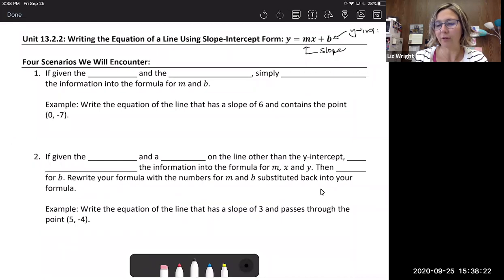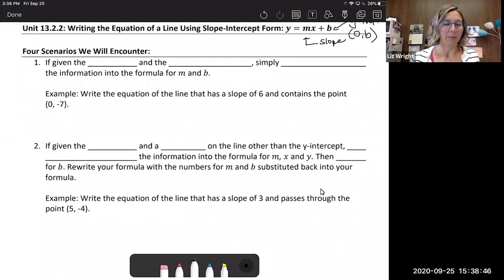So again, the y-intercept is where the graph of our line crosses the y-axis. So it's where it intercepts the y-axis. So it's going to be written as an ordered pair like (0, b). For situations where we're asked to take the information given to us and put it into slope-intercept form, the first situation is literally if they just give us the information. If given the slope